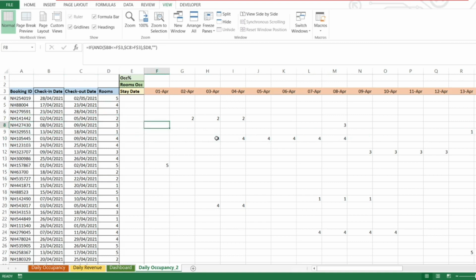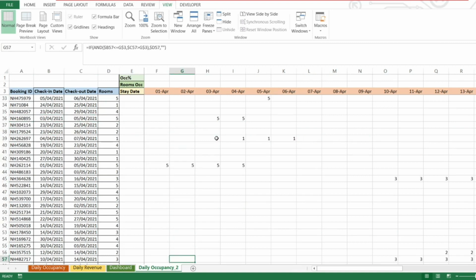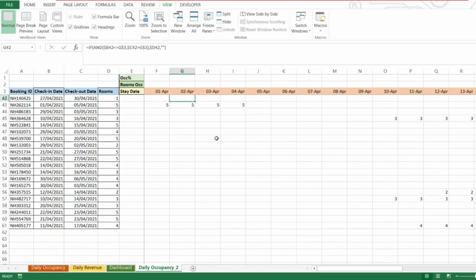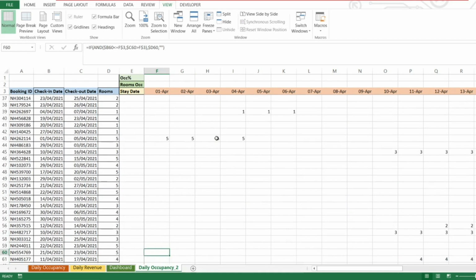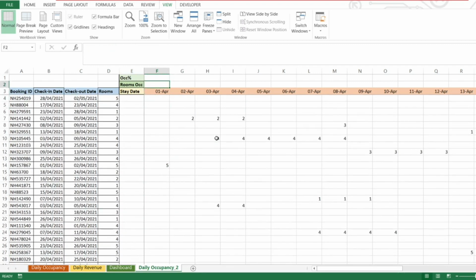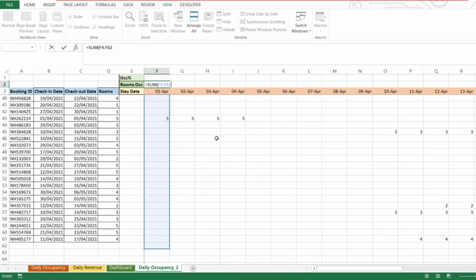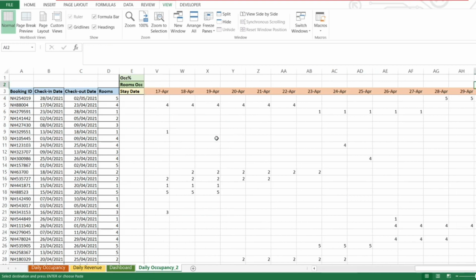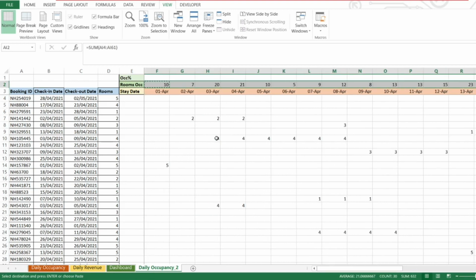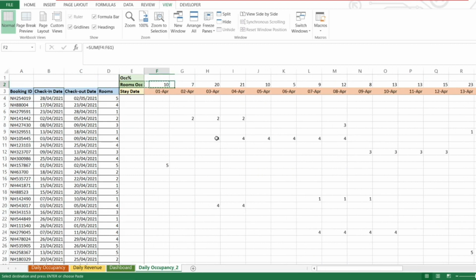If you apply this for the entire bookings range over the calendar, you'll get a calendar for the number of rooms booked on each particular day. Of course, this calendar will have many other functions, but we'll get into that later. Then what I have to do is simply apply a sum formula over the entire column. If I apply the sum formula for the entire bookings data range, what I'll get is the number of rooms occupied for that particular day. So I hope you find this beautiful. And let's see, when we paste this formula over the entire range, whether we get the number of rooms which have been blocked for each particular day.